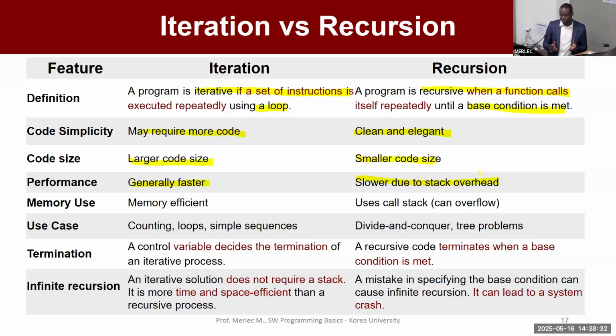In terms of memory usage, iteration is efficient. Recursion is quite heavy because you have to access the stack. It has some stack access overhead, and it can lead to overflow when you reach the limits of the recursion. Use cases: you can use iteration